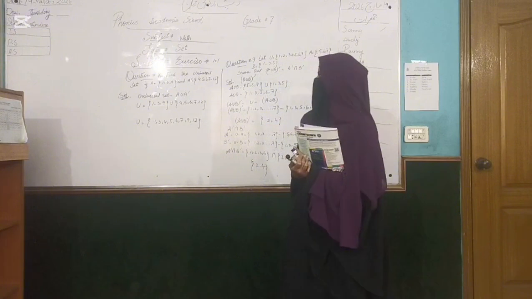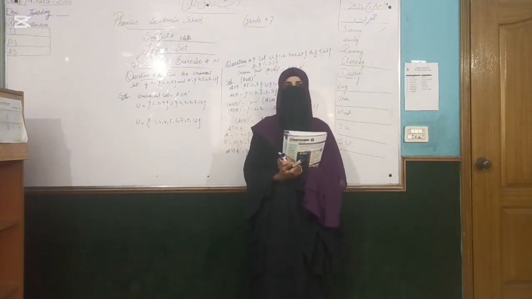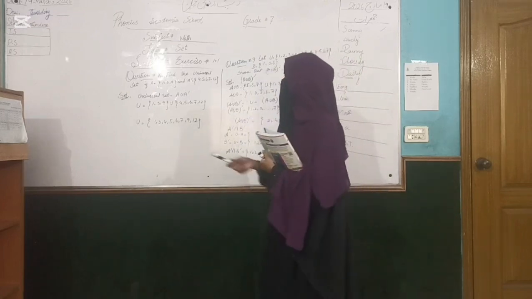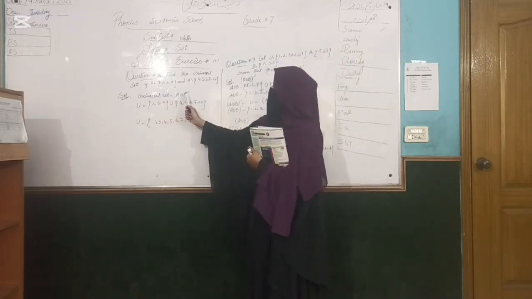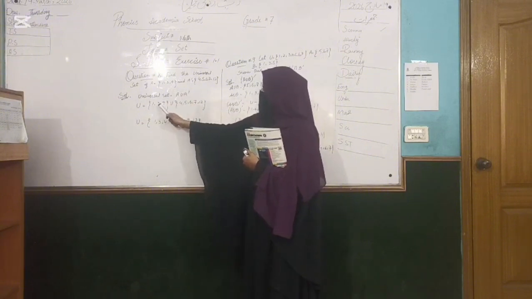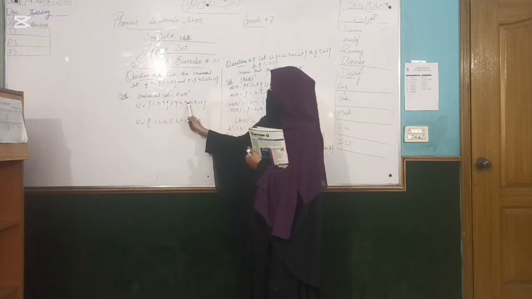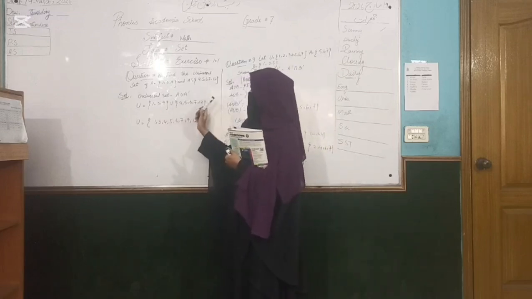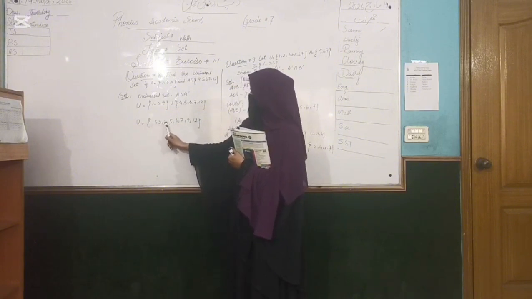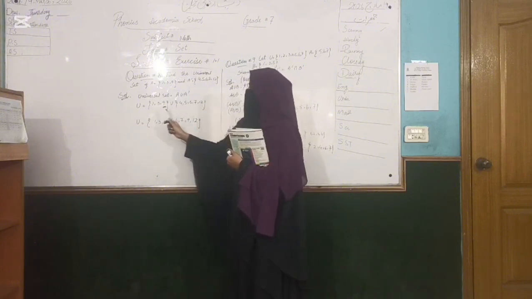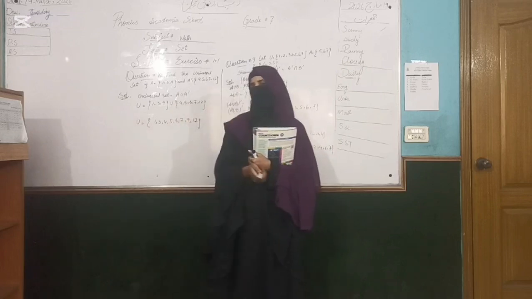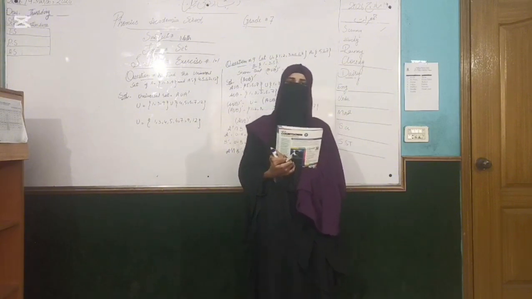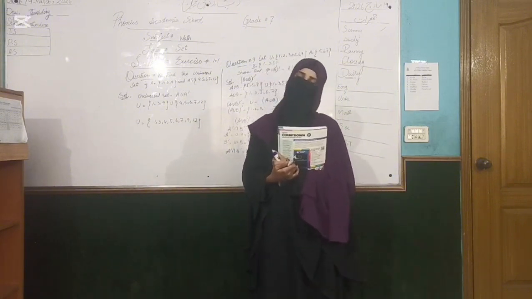For example, the sets are A and A universal. When you take the union of A and A universal, you get the universal set. So universal set U is equal to A union A universal. A is equal to {1, 3, 9} union A universal {4, 5, 6, 7, 12}. So when you take A union A universal, U is equal to {1, 3, 4, 5, 6, 7, 9, 12}. Union means arrange the elements in order. So when you have to find the universal set, you have to take the union of those sets.